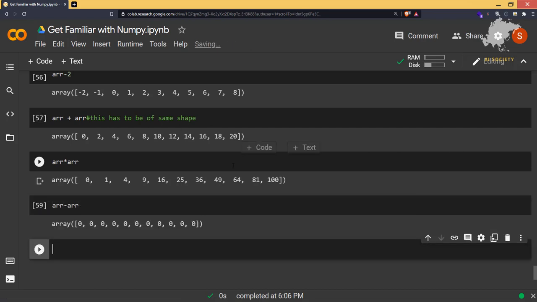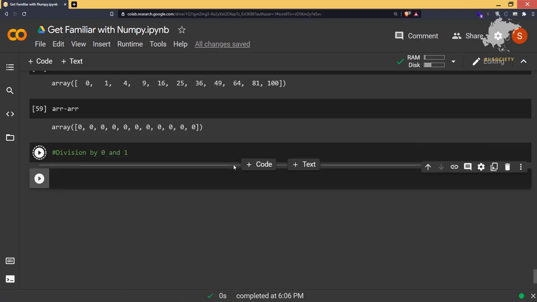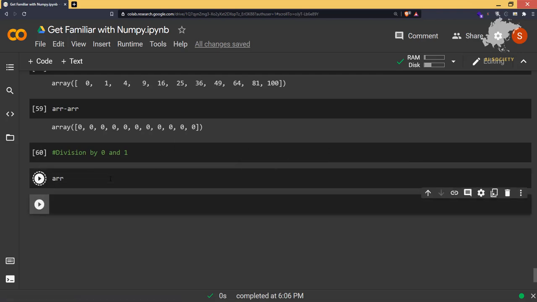Okay, but there is a catch here. If we talk about division by 0, and 1, this is called L'Hopital's rule in mathematics. So why are we talking about division by 0, why we cannot do that? So we can do that actually. Let me just show you directly. We can do that, but there is a problem in that.